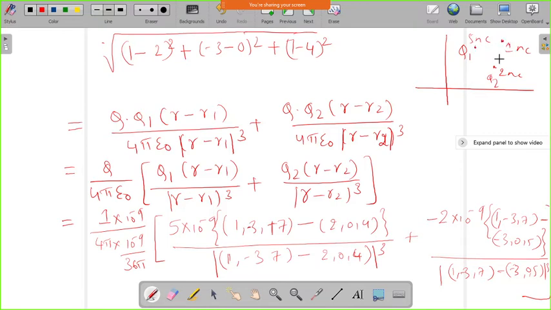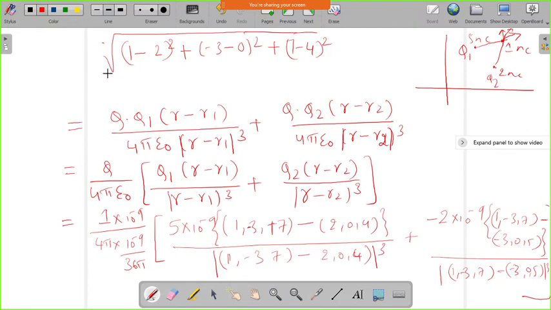So in different coordinates it will be there. Now we have to find the force exerted from this as well as this. Okay, so we have to find the resultant force, and that is what we are doing by using the superposition theorem.